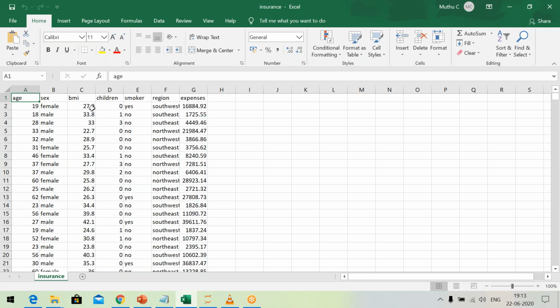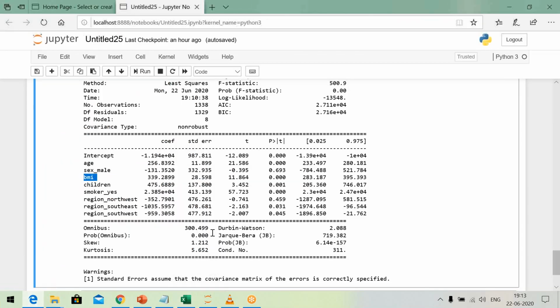But BMI is important. If you put on more weight, your BMI will be more, and then your medical expense will increase. Number of children is definitely important. When you have more children, your medical expense will be more. Consider this variable, yes, it is less than 0.05. Is the rough idea clear? Similarly, you can think of so many other interpretations.